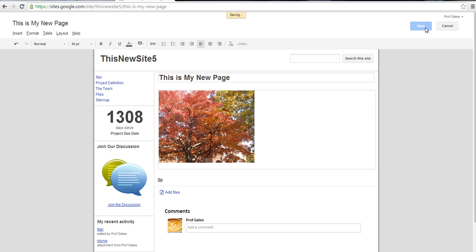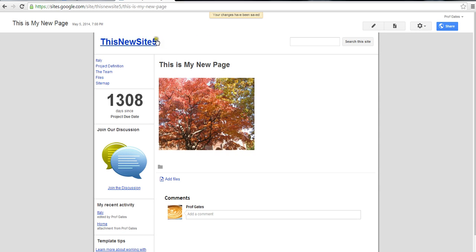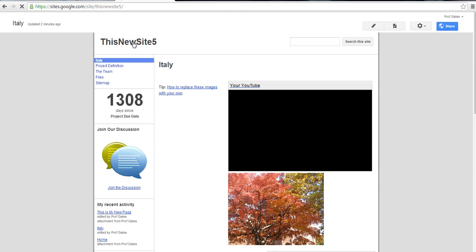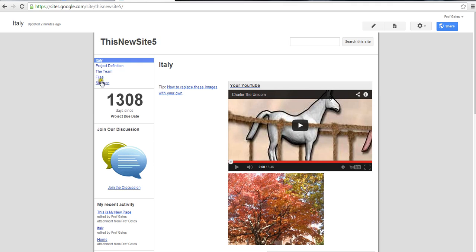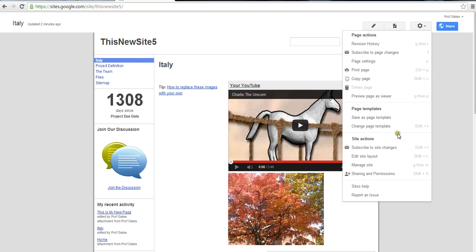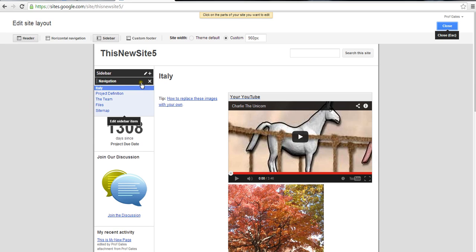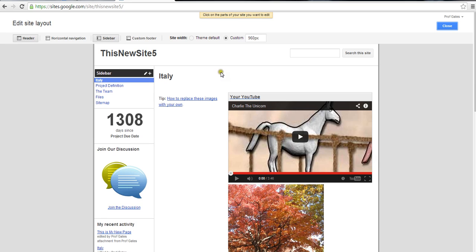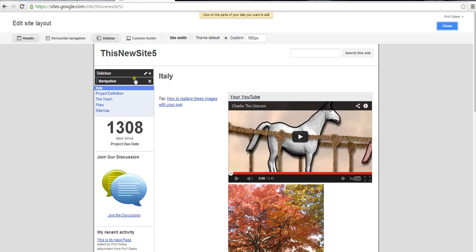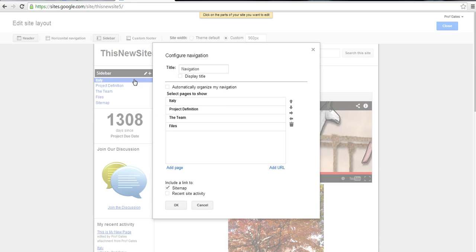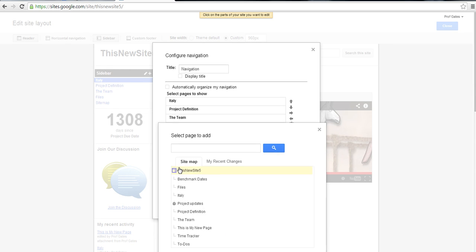But let's save this for now, and let's go back to our main page, which is this new site. And we want to get that new page over here on the left. We want to be able to navigate to it. So in order to do that, again, I have to choose Edit Site Layout. From there, I have to choose Navigation, which does not appear until I put my mouse over this area, which can be confusing. I'll choose that, and I want to add a page, which I now can because I've created